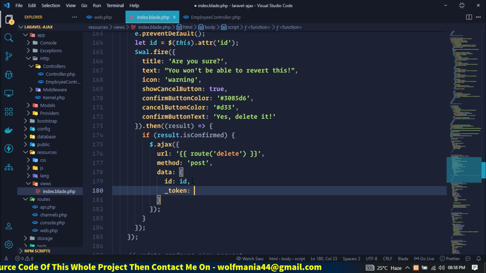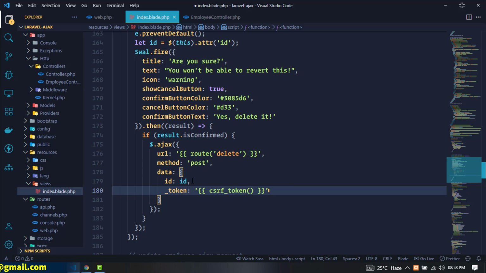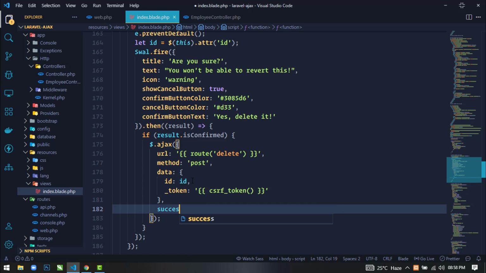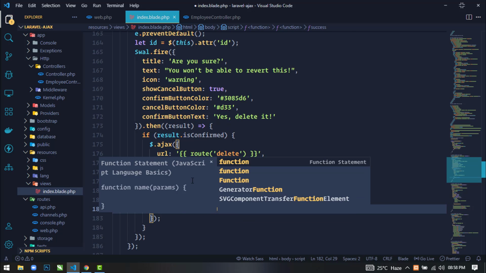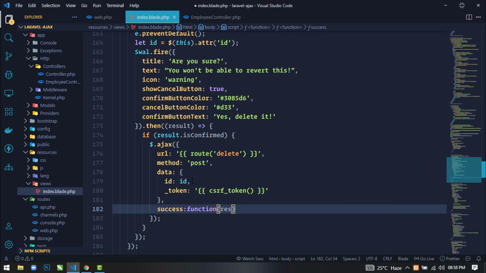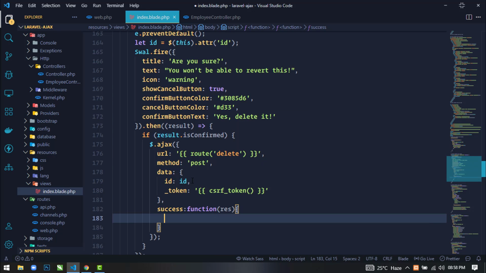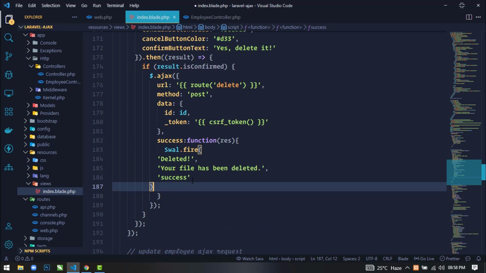So just use token, and here just write the csrf_token method. Okay, and then the success function with response. Okay, so here inside this I will paste this